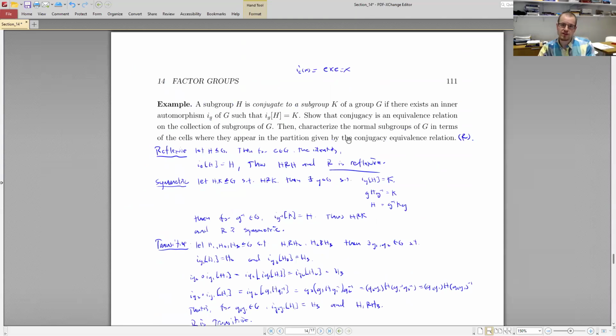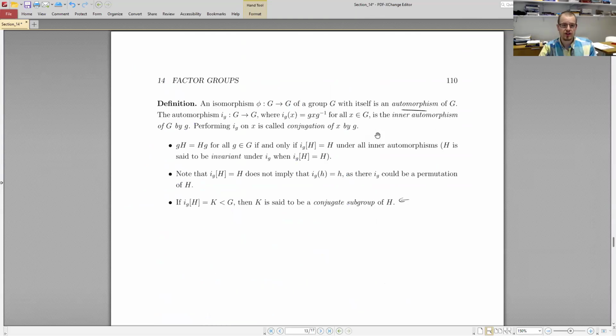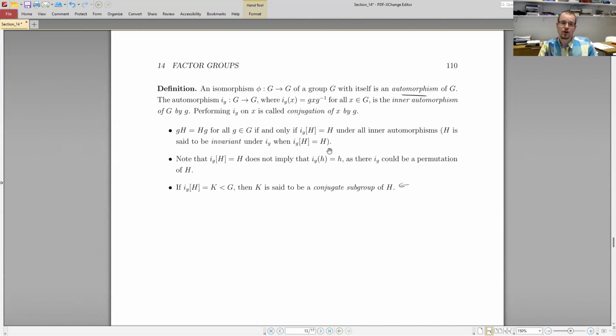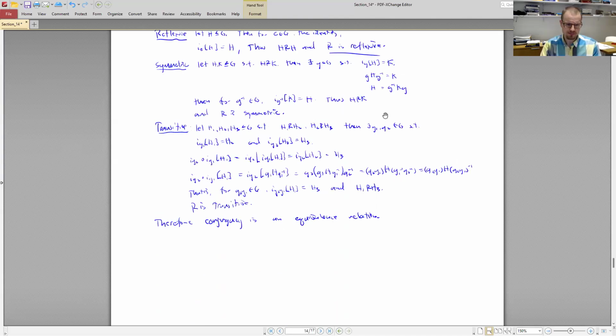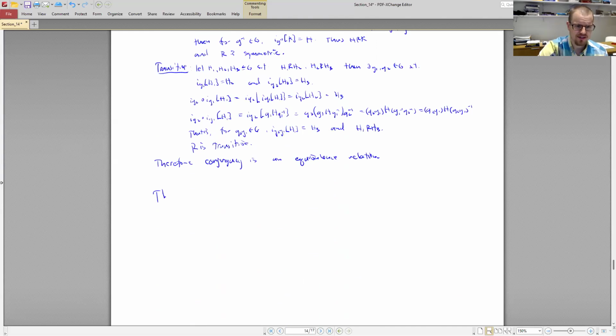This problem also asked us to characterize the normal subgroups, but in reality, that was already done for us back here in our previous video, right? We said with this idea of conjugacy, GH is equal to HG if and only if IG of H is H. So in terms of the conjugacy, this equivalence relation and the equivalence classes, right? The cells where they appear in the partition, that's a different way of saying equivalence classes. The equivalence class